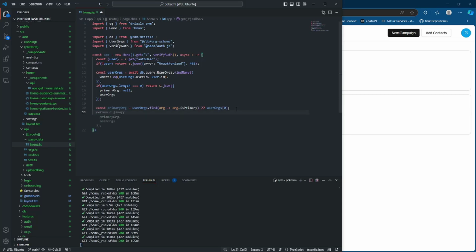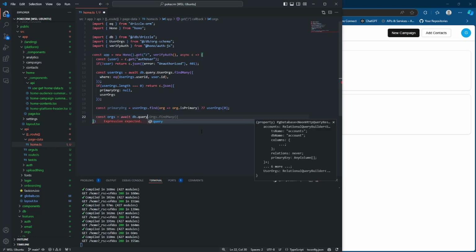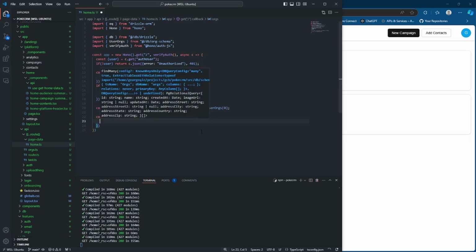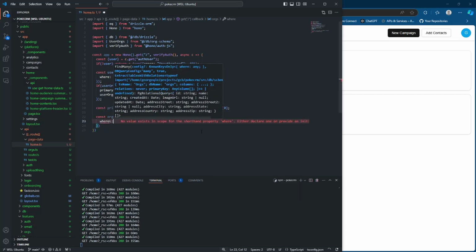Okay, cool. So if we have the primary org and we have our user orgs, one of the issues is this user orgs only has the user ID and the org ID and is primary. It's not actually useful by itself, but what we can do is grab the actual orgs that belong to a user: db.query.orgs.findMany. So we're going to grab all of the potential orgs that the user is a part of, and do where